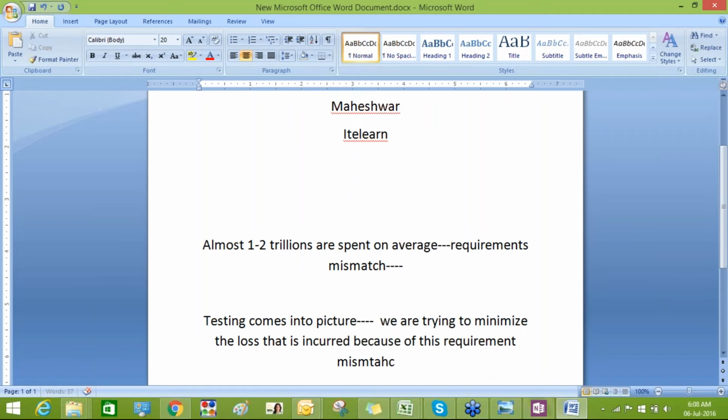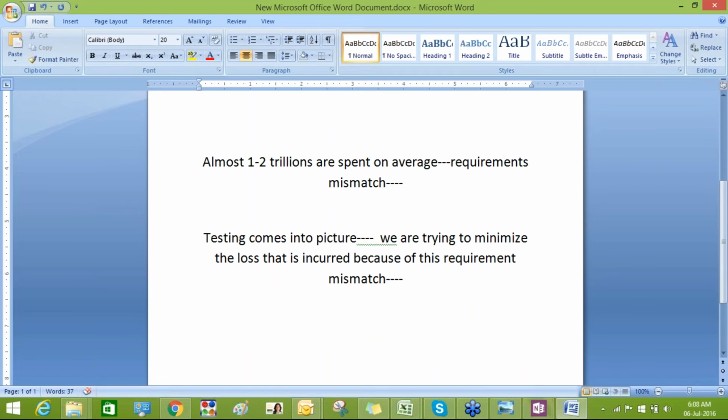We are trying to analyze the actual requirement, what the customer is expecting, and we will make sure that whatever is being developed is as per the customer requirement. So that's the essential need of having a tester